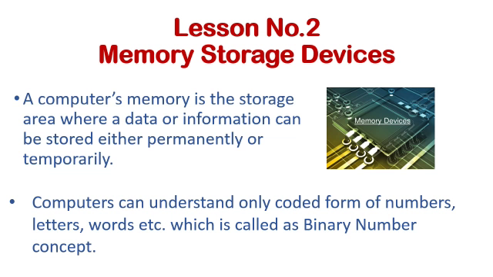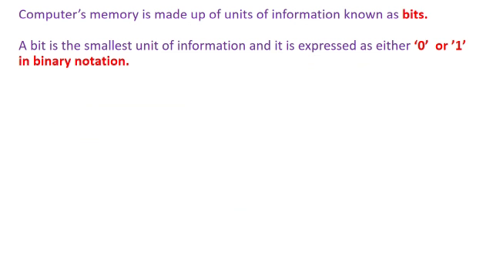to save our information. Now computers can understand only coded form of numbers, letters, words, etc., which is called the binary number concept. Just as the human brain, which helps us to memorize, is composed of cells, the computer's memory is made up of units of information known as bits. A bit is the smallest unit of information and it is expressed as either 0 or 1 in binary